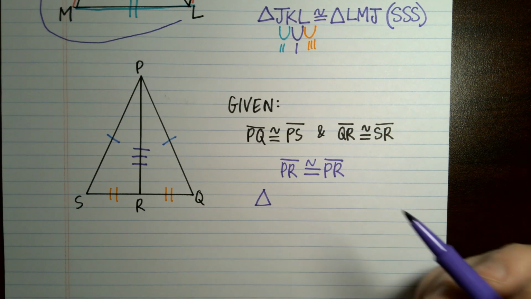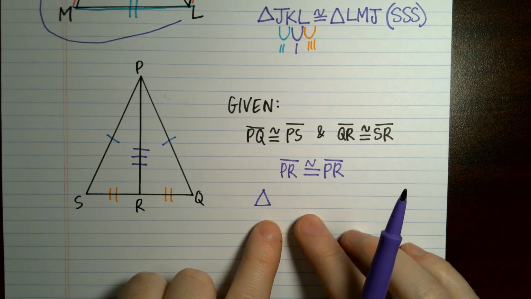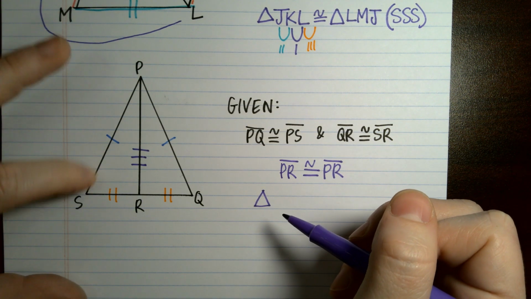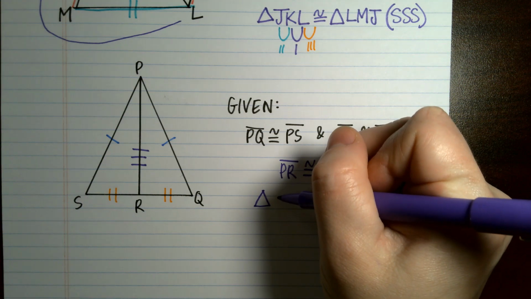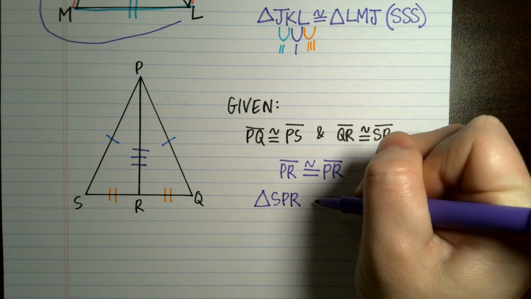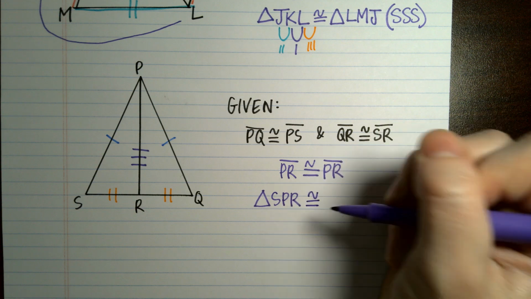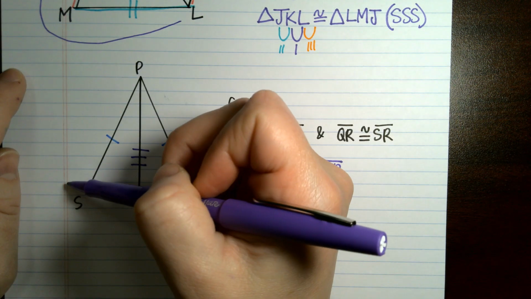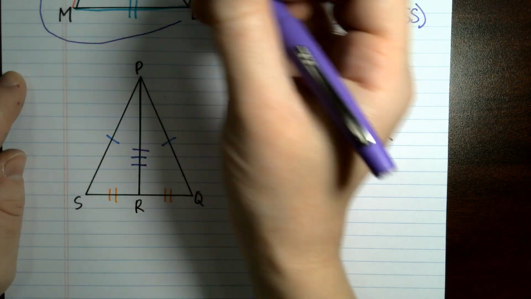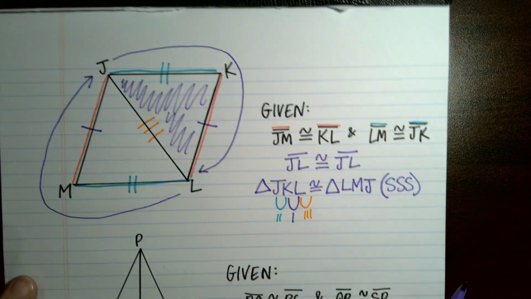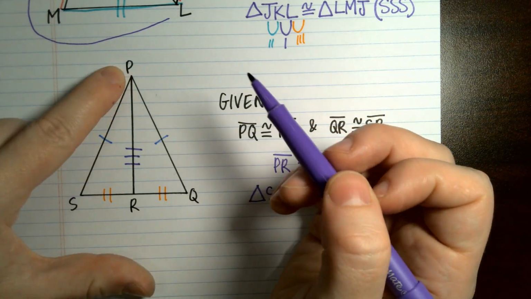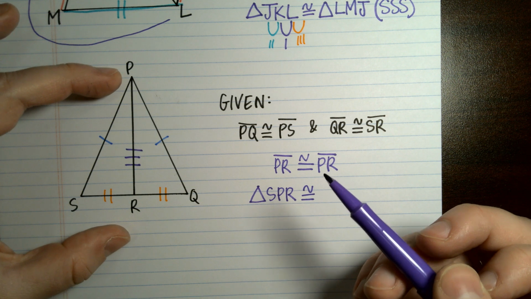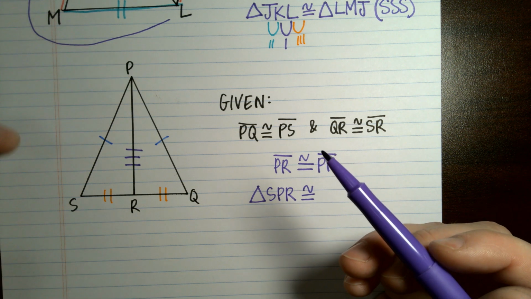So, how do we want to name our first triangle? Since we haven't named one yet, we can do it however we want. SPR. SPR. Let's do it. Now, this one's going to be a little different. This one's not going to be as much of that clockwise going around and just following the letters. Now we want to make sure that we're going kind of in the same, what's it called? We want to make sure